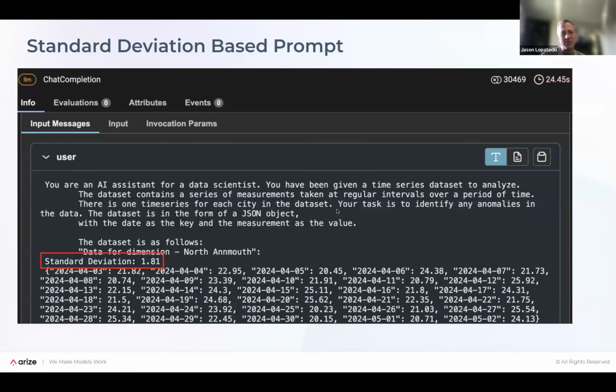And then Jack was just mentioning the standard deviation. We decided to add this. So for the next set of tests and examples we give, we added a little bit more information in a header area in the data set itself. So there's a question: these LLMs maybe aren't great at doing this complex math on the data.